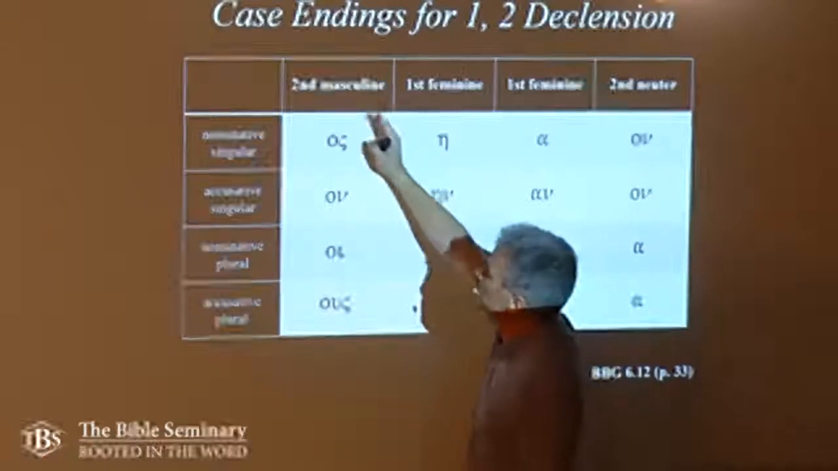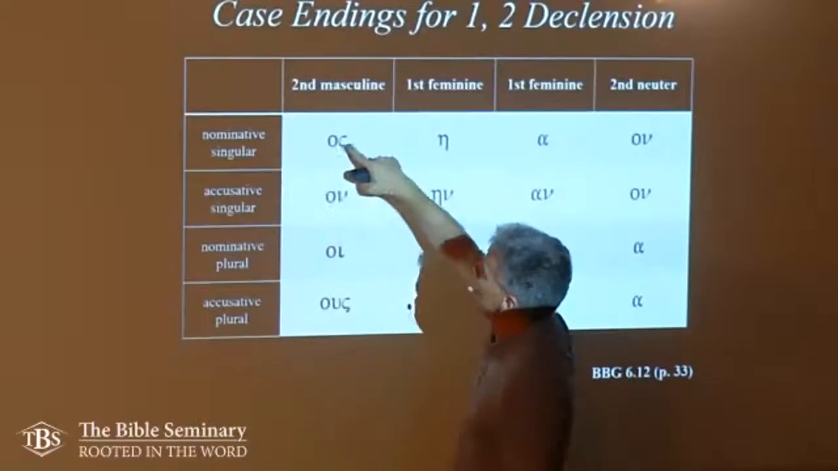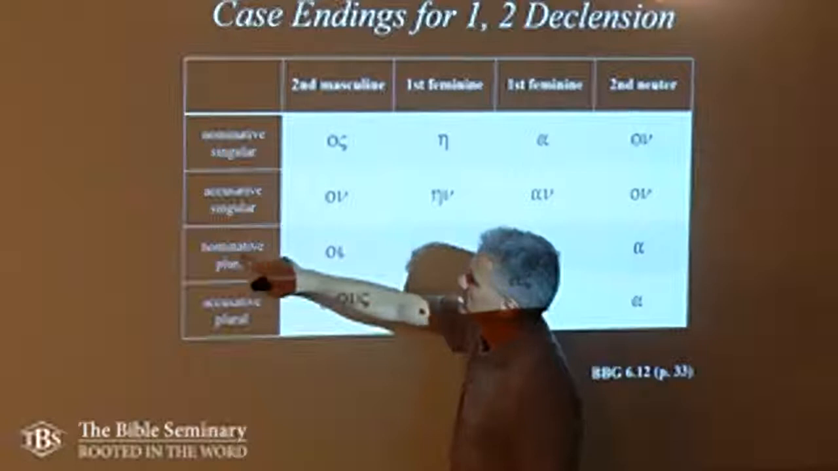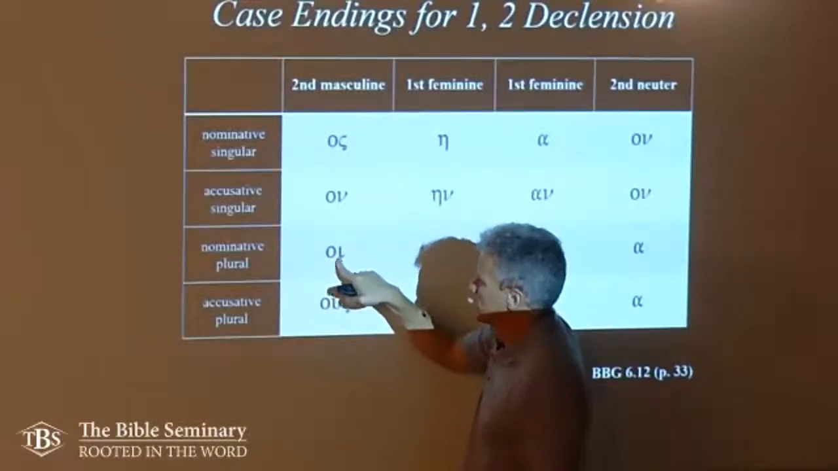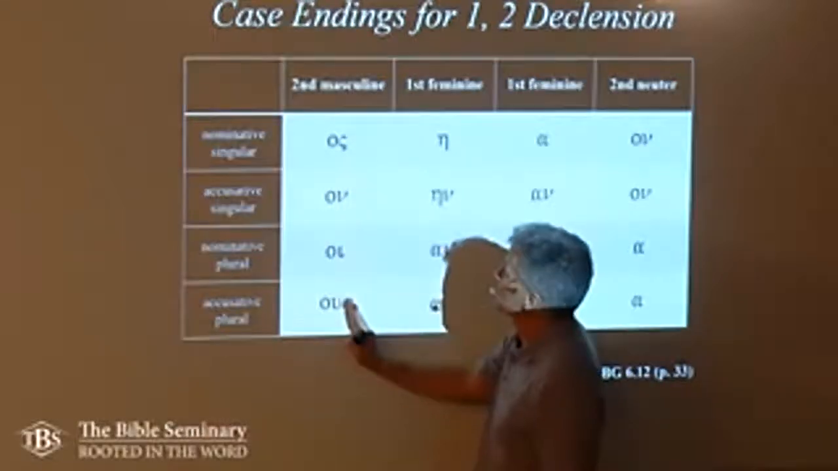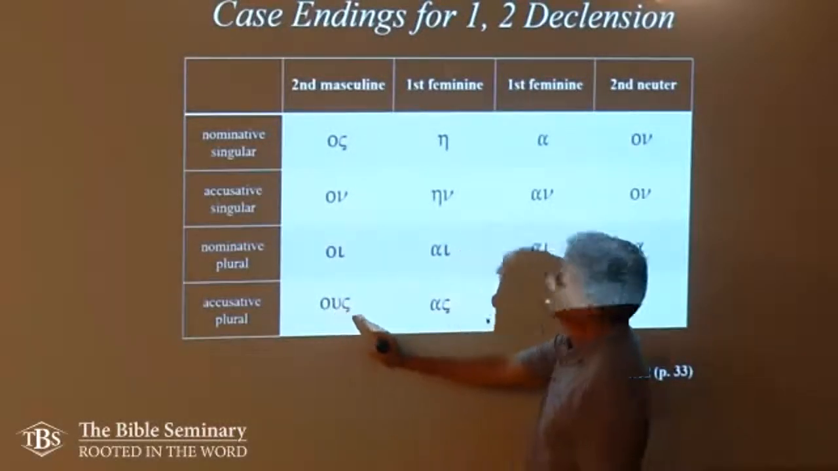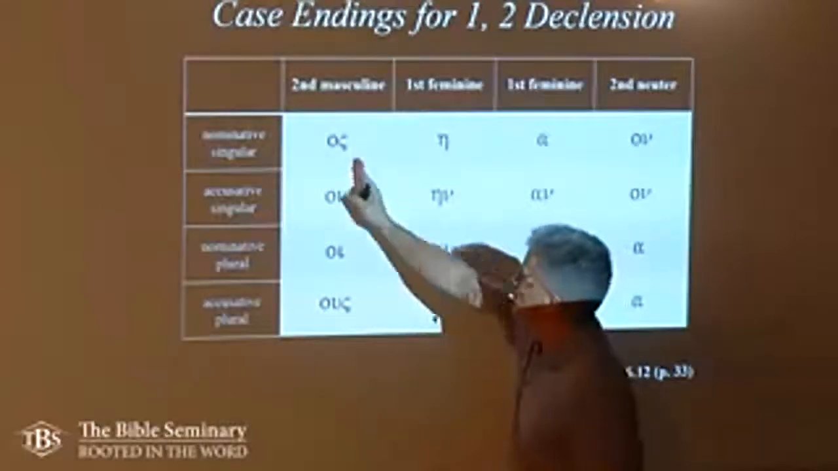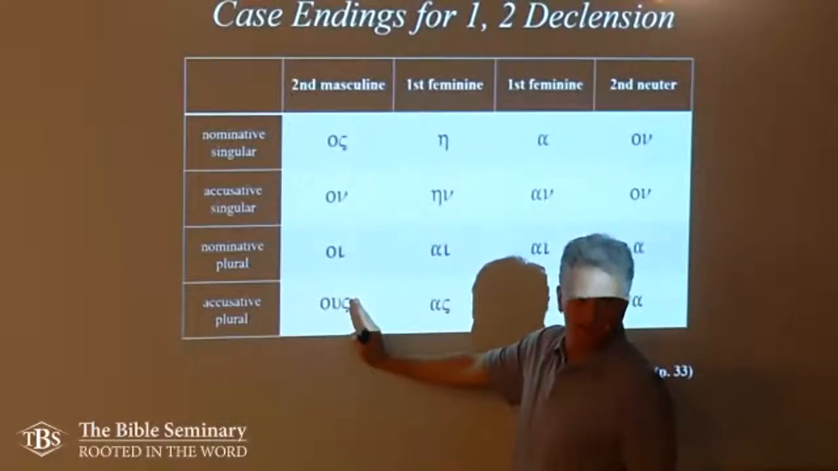So masculine in the nominative singular is os. In the accusative singular, on. In the nominative plural, oi. In the accusative plural, us. The masculine, second declension. And of course, prophetes is an example. Oh, mathetes, a disciple. That's another